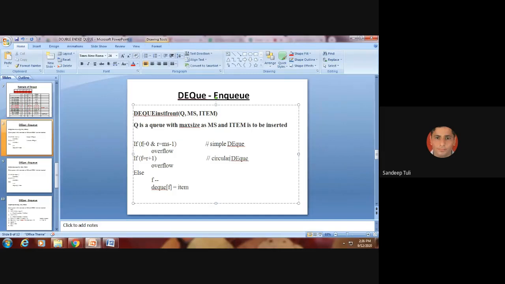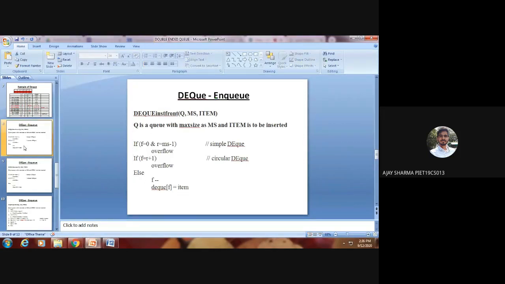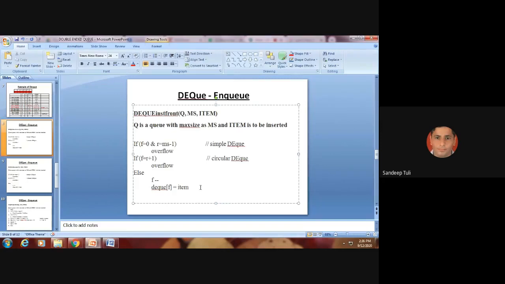If you have any, then you can ask now. Sir, if we are inserting the element at first index, then how we are going to follow the f minus minus rule? So this is for simple DQ. That's why I am coming on to that point. In that specific one, I need to come on that point. So in circular queue, what we will do? This is again for simple queue actually. Like if I am restricted my queue to simple queue,